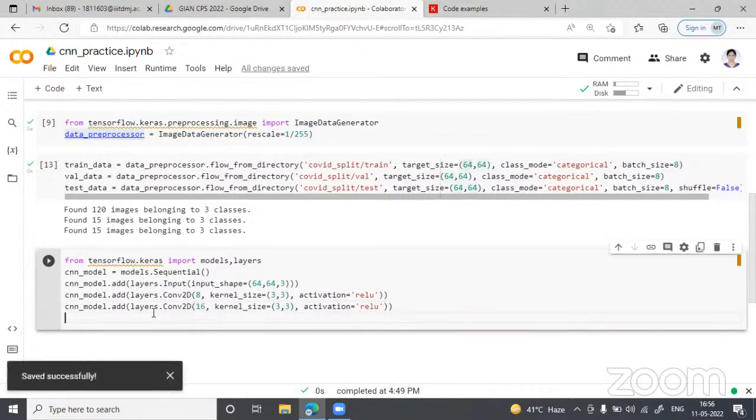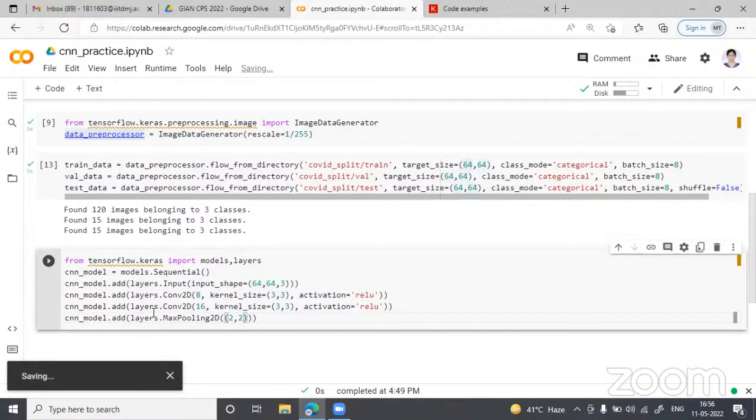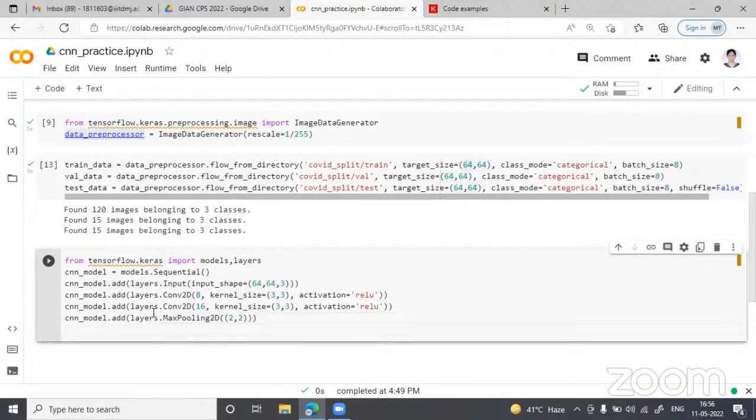So let us just add one max pool layer over here. CNN model dot add layers dot max pooling. And the pooling size is 2x2. We are going to use the pooling here as 2x2. Then the output of this max pooling layer, we are going to pass to the output layer,